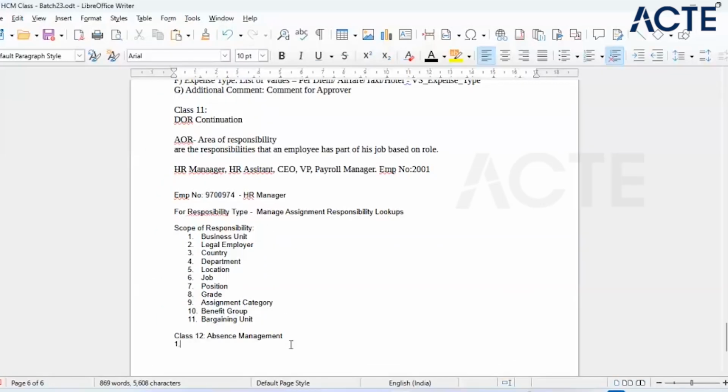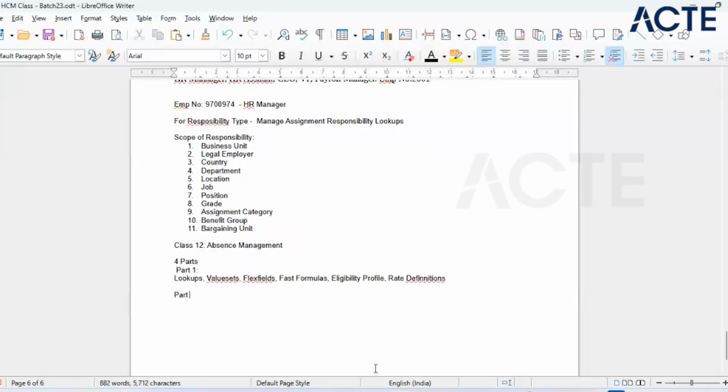The setup is divided into 4 parts. Part 1 consists of lookups, value sets, flex fields, fast formulas, profiles, and rate definitions. Part 2 consists of absence plans, absence certifications, and absence reasons. Part 3 consists of absence types. Part 4 consists of